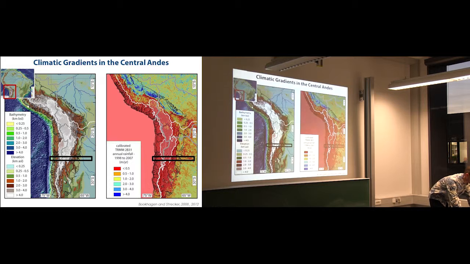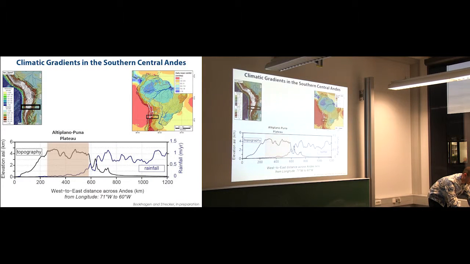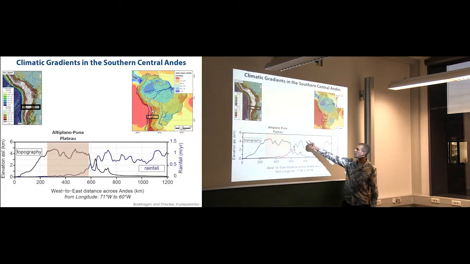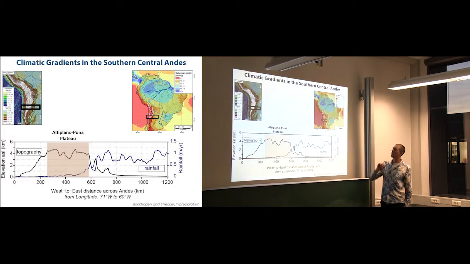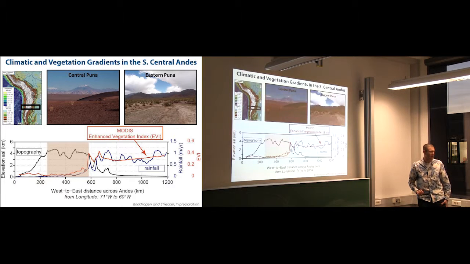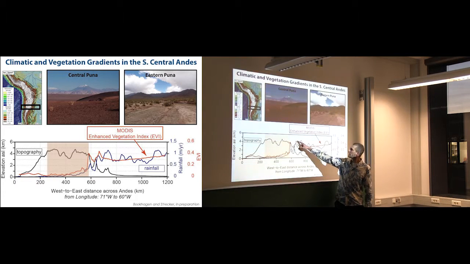We looked at this before, the swath profile across the Altiplano Puna Plateau, and we looked at the rainfall gradient and the topography. This is the internally drained part of the Andean Plateau. This is rainfall increasing when the topography is rising steeply. So that's the orographic rainfall peak. We talked about vegetation cover. That vegetation cover is fairly constant outside of the mountain range in the Rio de la Plata basin, and then vegetation peaks at the steep mountain ranges and then drops down